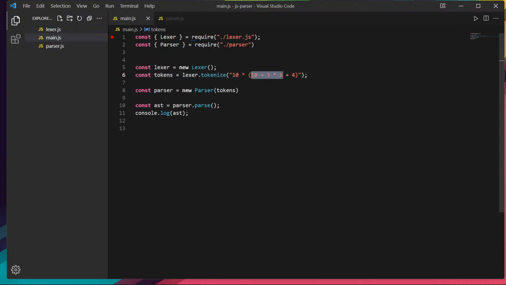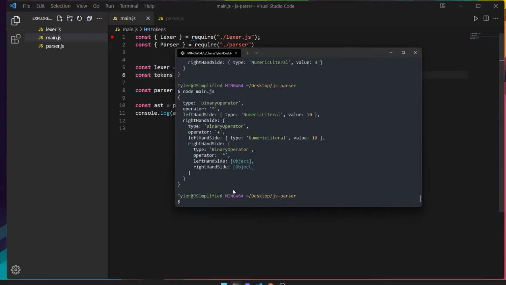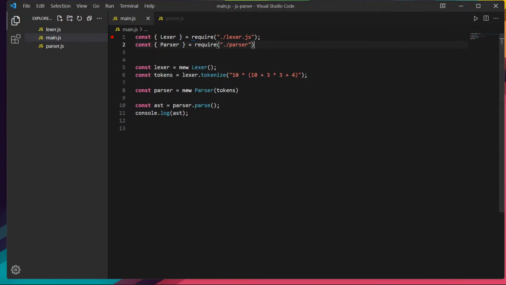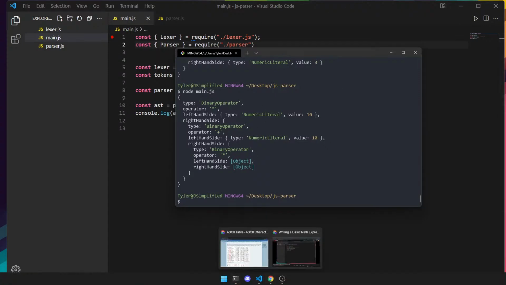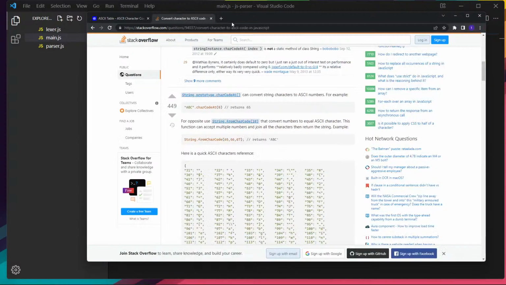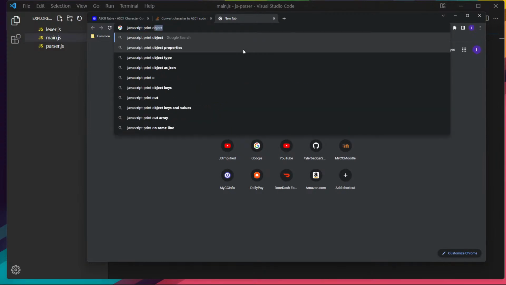Okay. So something like this. I forget. Yeah, I think I'm going to need... yeah, but what you see is it continues with the order of operations in our parse tree. And I think there is a JavaScript function that actually prints like the characters. Let me actually look that up. So it's JavaScript print object